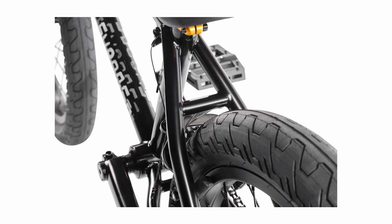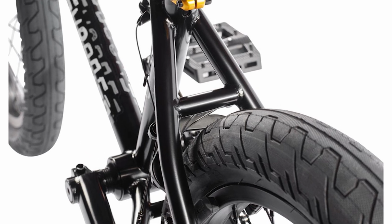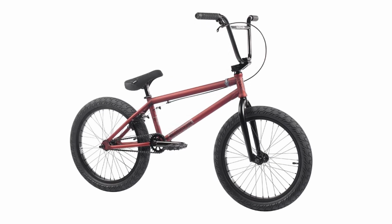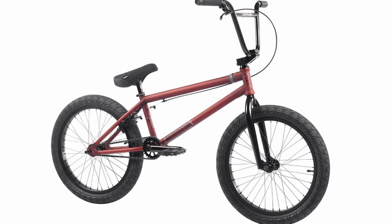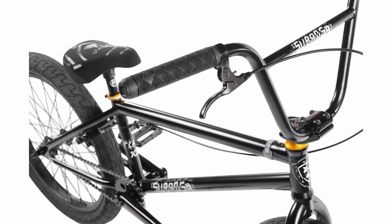If you're over 130 pounds, this bike is going to break a lot faster than it should. You want a bike to last you at least a couple years, and I don't think this will happen for somebody over 130 pounds. Now, if you're under 130 pounds and somehow freakishly tall, the Subrosa Tiro XXL is a